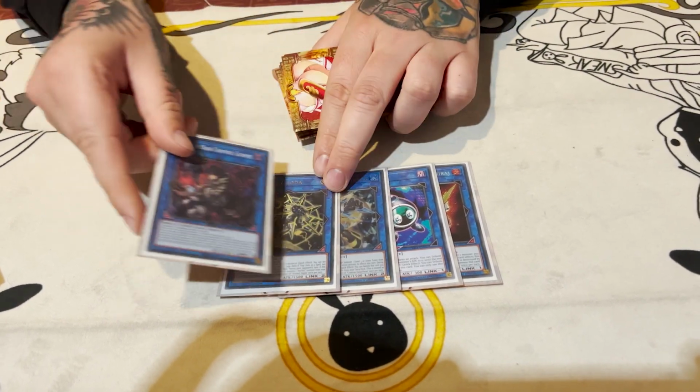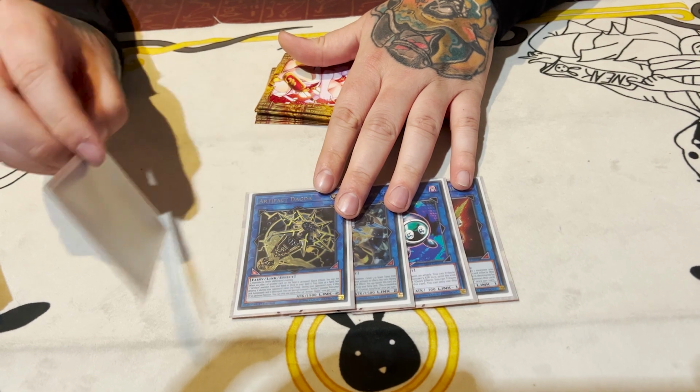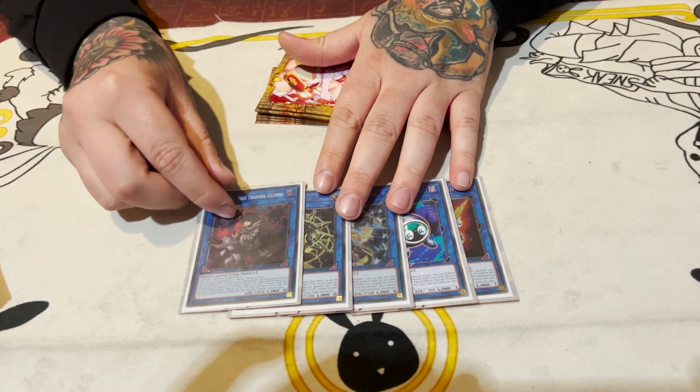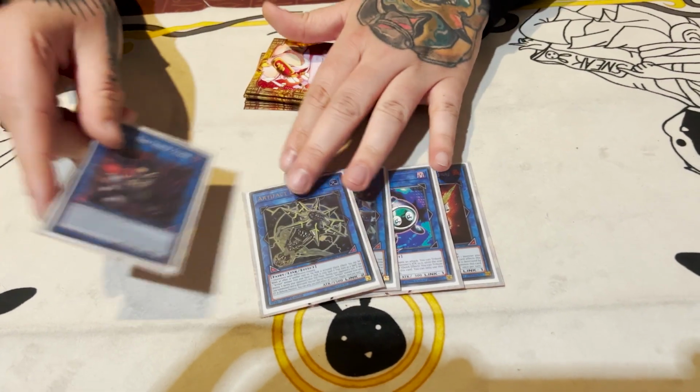I added this one in last minute for Newcastle. I thought I'd try Dark Charmer out. It actually came up quite a lot. When I was trying to push the game, it would let me link climb into Celine a bit easier sometimes when I've got just a Dark on the field. Just Reborn against Despia, this came really clutch against Despia, you just always get into the Celine Axis combo quicker